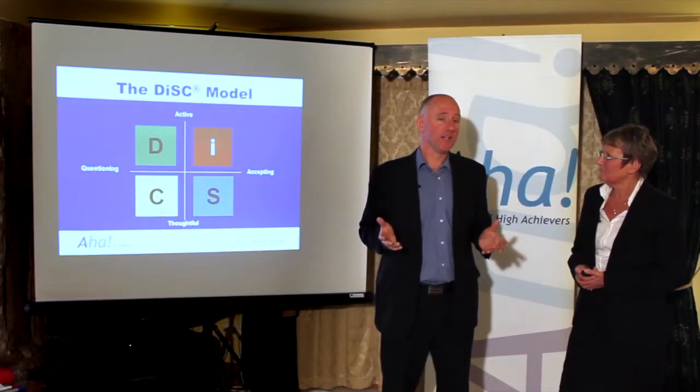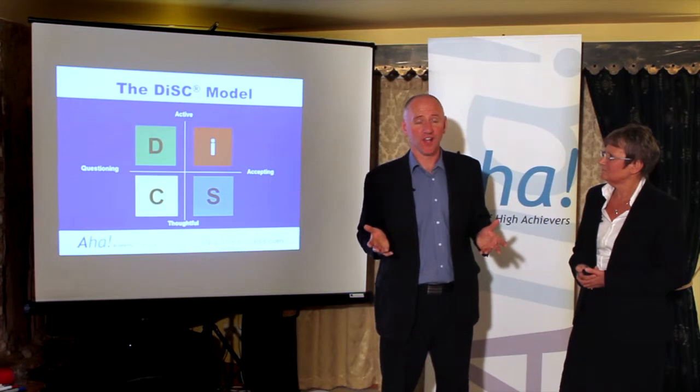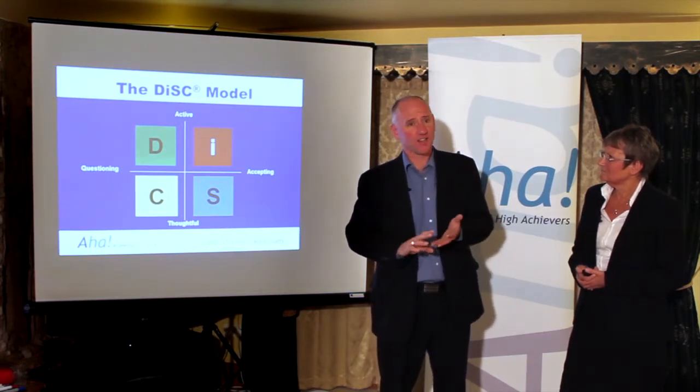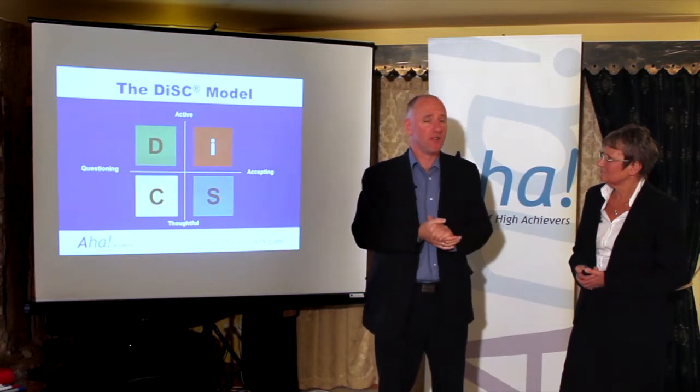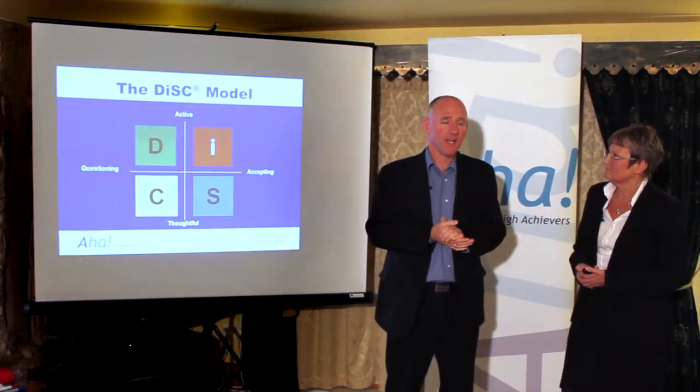And there's something really quite interesting about all of those different quadrants being very valid and useful styles. In fact, every team really should have the bases covered, if you like, with some people with D style, some with I, some S and some C, for it to be a really good rounded team. Equally, some of the most effective individuals are those who are successfully flexing their style. So even though they may have their own particular preferred style, they'll be flexing around the model and actually showing up able to meet the needs of people in all those different quadrants.